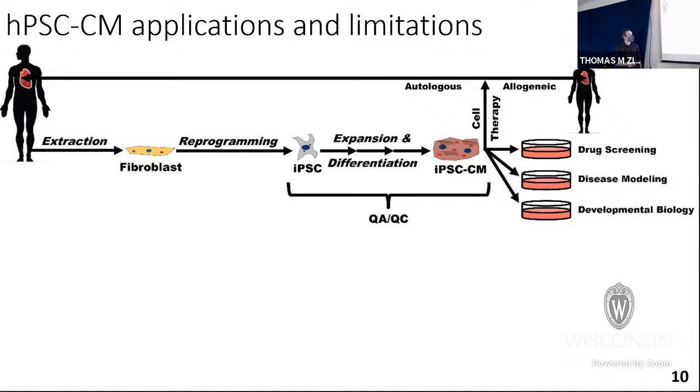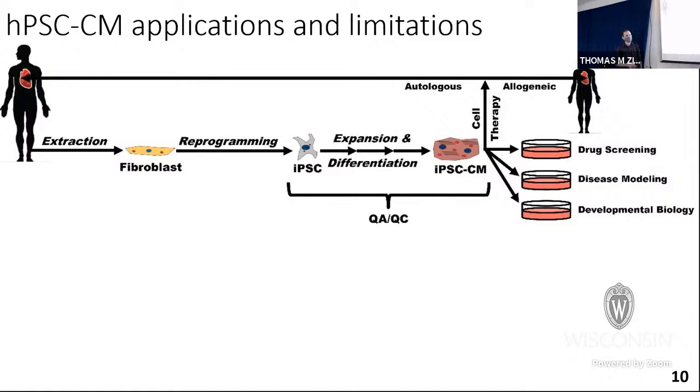There are other applications as well, such as drug screening. One of the biggest causes of drugs failing clinical trials is off-target organ toxicity, predominantly in the heart or the liver. So having a platform to screen drugs in vitro, in the dish, for potential problems in the heart before you ever get to clinical trials can help save a lot of time, a lot of money, and a lot of problems for those clinical trial patients.